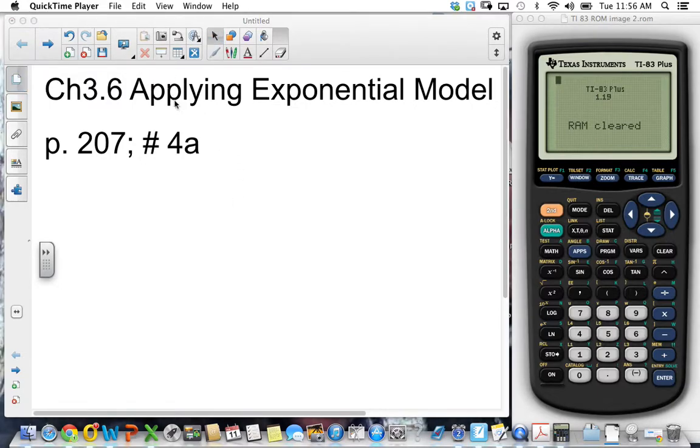As promised, I'm going to do a problem from the homework. This is from chapter 3.6, page 207, number 4A. I'm going to show you how to do this using your calculator, how to do an exponential regression, and also how to find the exponential model without a calculator. So first, I'm going to read the problem, and we're going to set up a table of